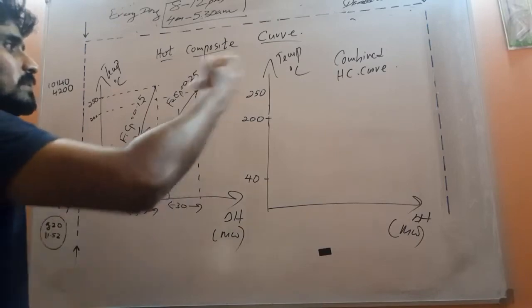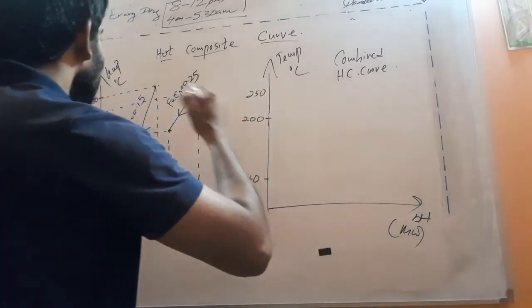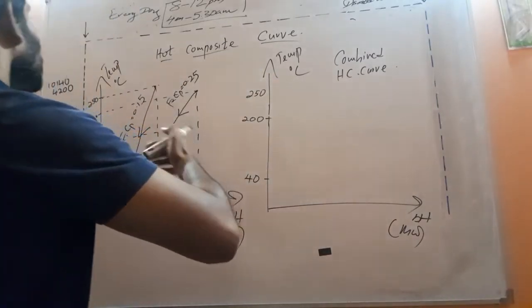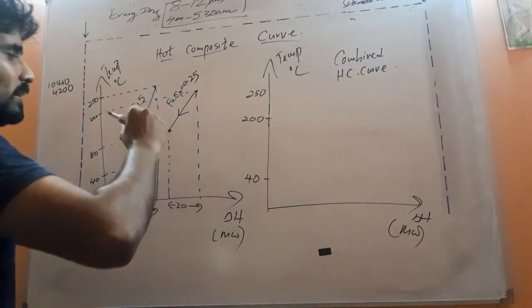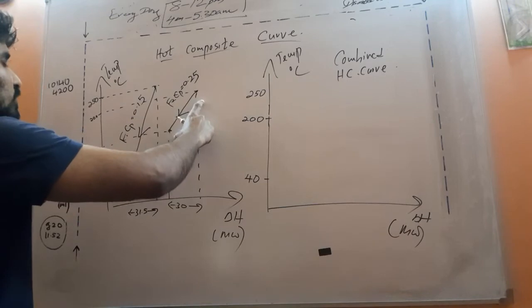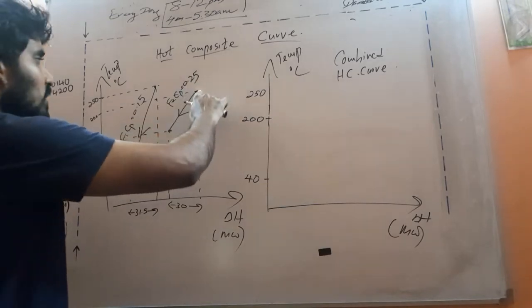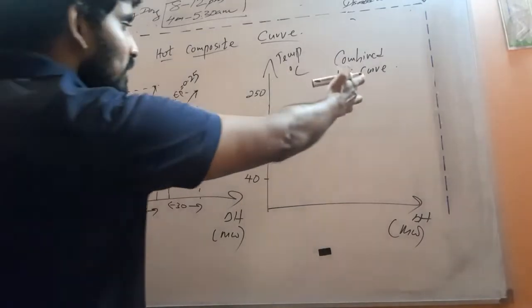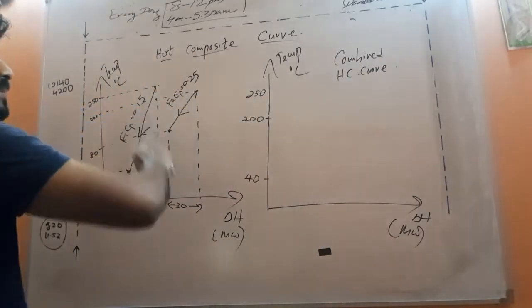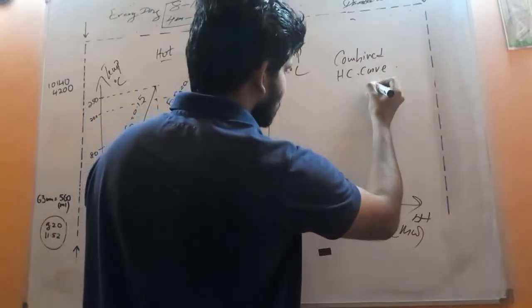So when sketching the combined curve, our first target is to complete the variation or the journey from 250 to 200, and that you cannot do by this curve because this curve stops at 200. So the only possible way to complete from 250 to 200 is by using this curve. So let's sketch like this: